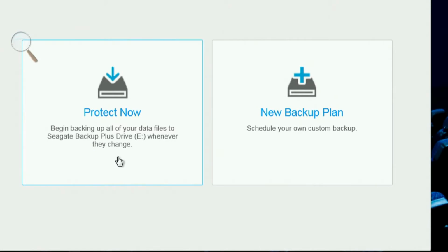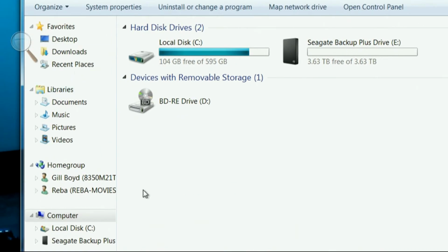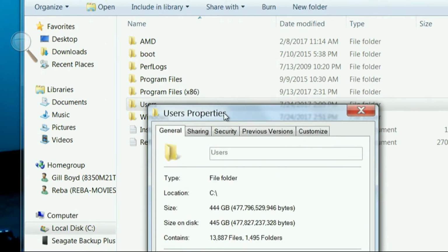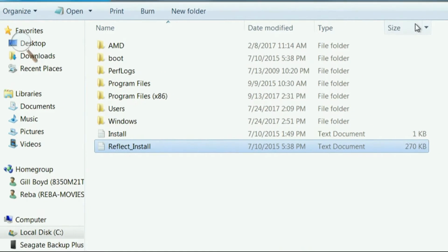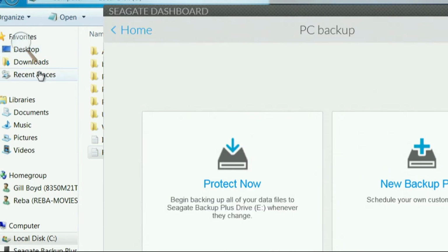So let's get back over to this little tidbit of information. Now it says Protect Now. Begin backing up all your data files to a Seagate Backup Plus whenever they change, or schedule your own custom backup. So I'm going to bring up Windows Explorer and look at this drive. Let me look at the computer, which is the C drive, and everything is usually under the user, and that's usually what you want to back up. For me, there's a lot of stuff under the shared user, and I've got 445 gigs of data. So I'm not in a big deal about cloning the machine. If I just want to protect my data, then I'm good to go. So if I follow this procedure,